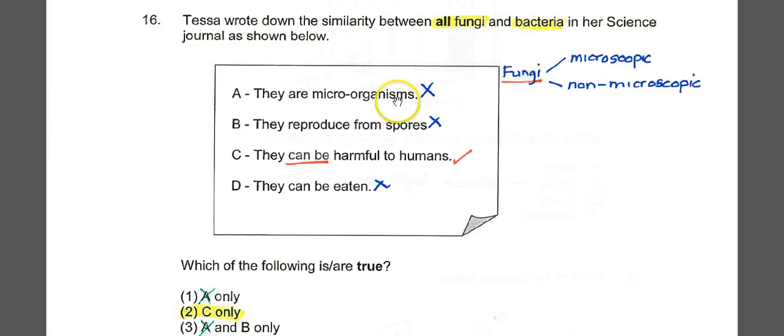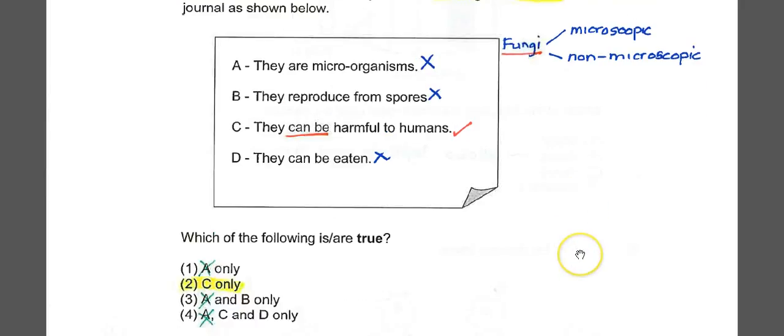Right? What she's saying is all fungi and bacteria are microorganisms. A is wrong. Okay, A is definitely wrong. Now, let me see what I can do here. A is wrong. Okay, look at it. This is very fast. Once you know and are very sure that A is wrong, this one has A.